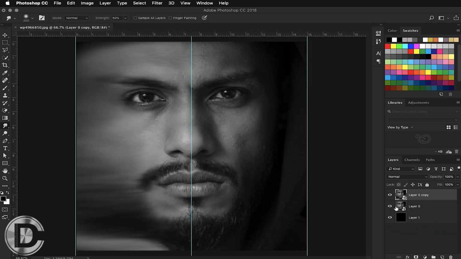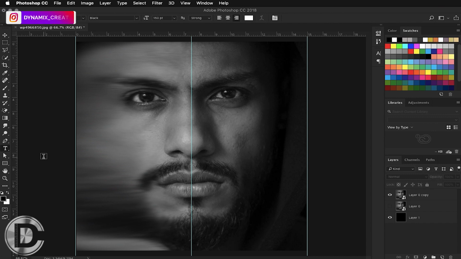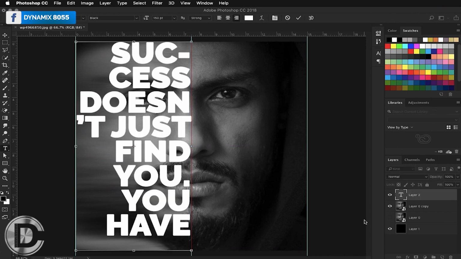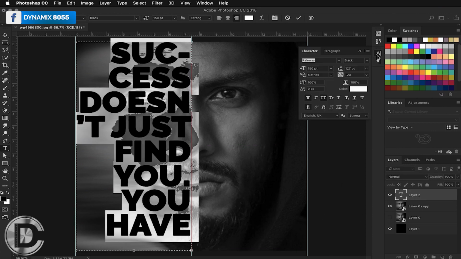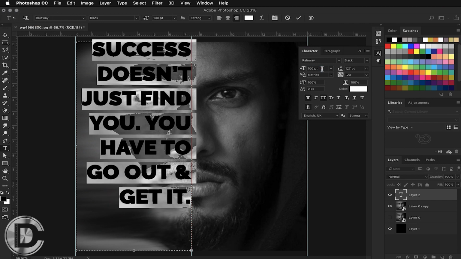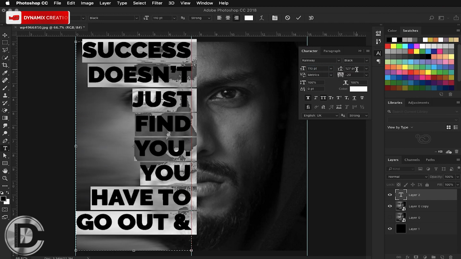Make a duplicate of the layer and choose the text tool. The text tool also has a benefit. You can make a rectangle or square column to fit your text inside the column boundaries. Choosing the half left side part of the image and pasting my text into the text box. So you can set your text by changing its font, even making your text shorter.